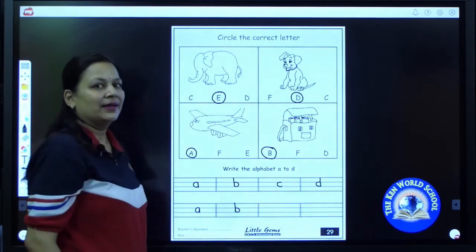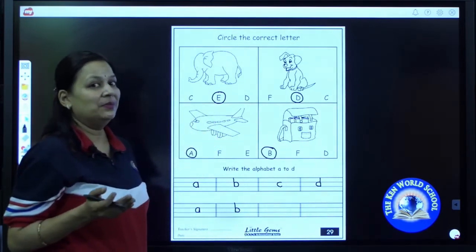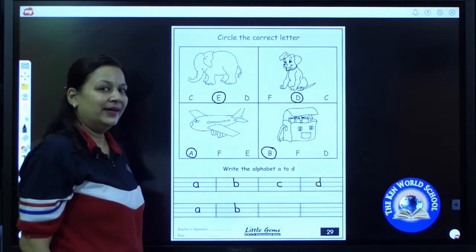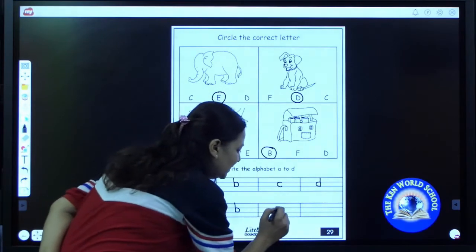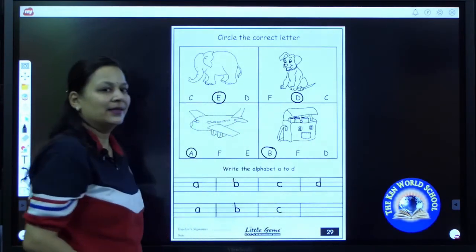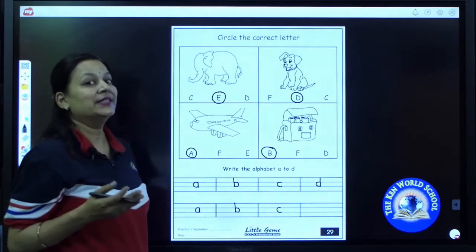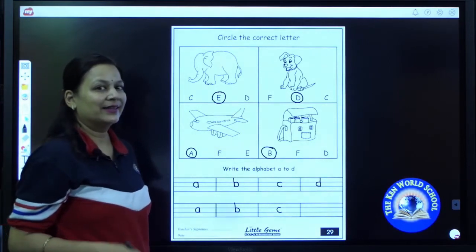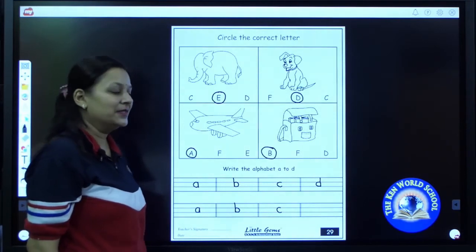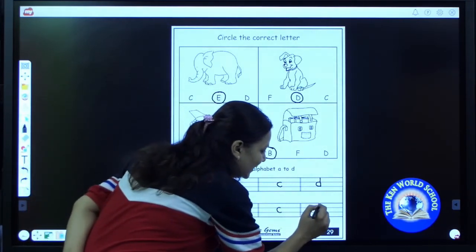B. Now it's your turn to write B. Done. What comes after B? C. Now it's your turn to write C. Done. What comes after C? D.